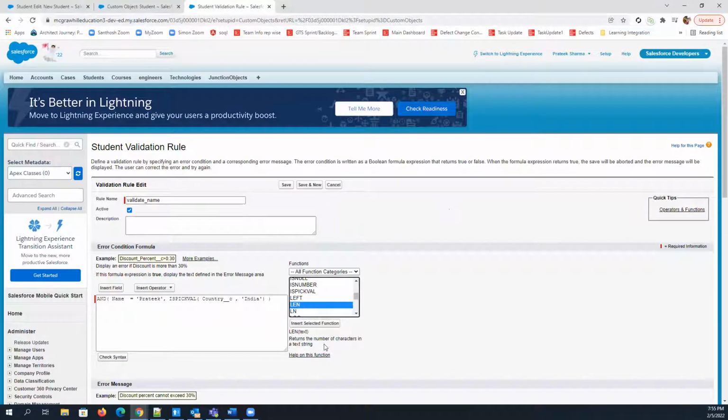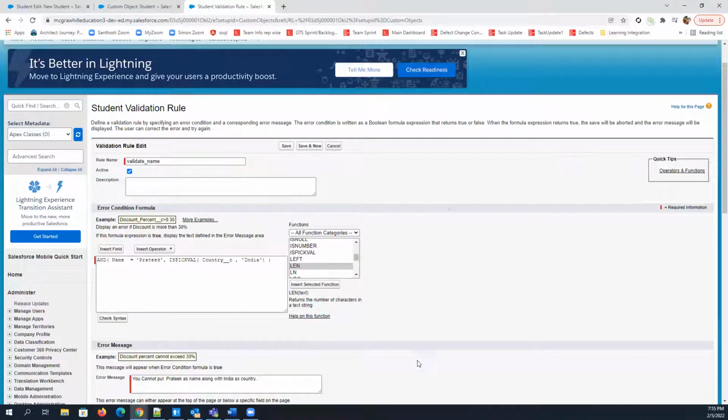I think this one returns the number of characters in the text. Yes. Okay. You can simply validate it in an if condition. If LEN and in text, you can simply use your field name, and if it is greater than 10 or something like that, then you can simply show the error message. So for everything you can use this, and there are some regexes as well that you can pick from Google and use.